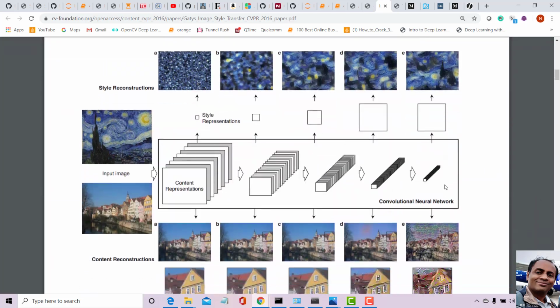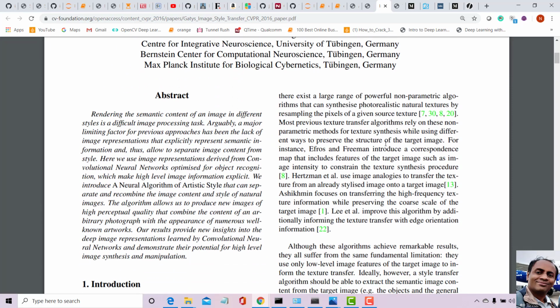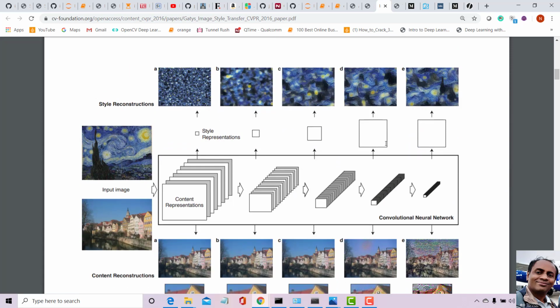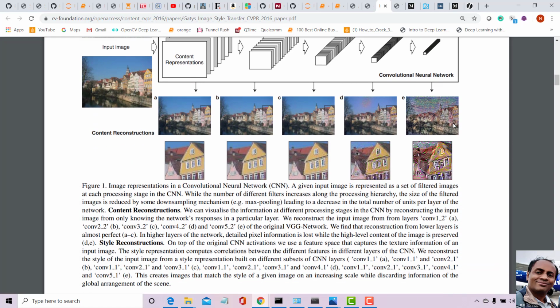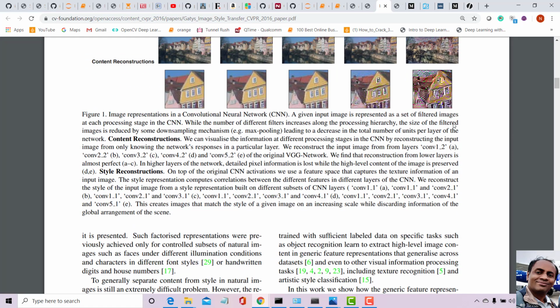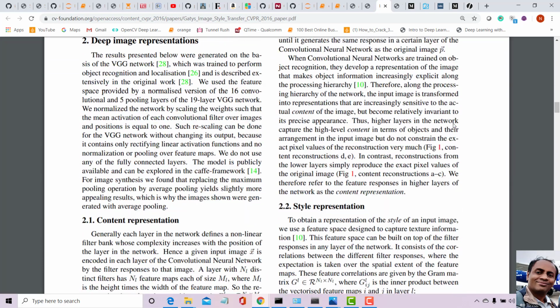I showed you this paper by Gatys, and please go through it, this is very interesting. They noted that some layers of the VGG have content representations, mainly the lower layers, and the higher layers have style. So what we want to do is preserve the content of the original image and only change the style. That is the understanding from this.